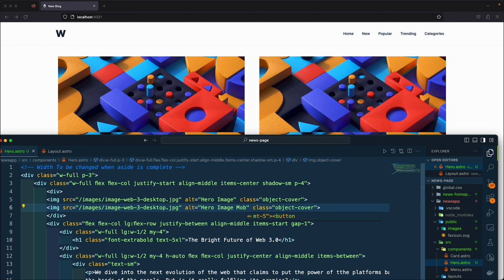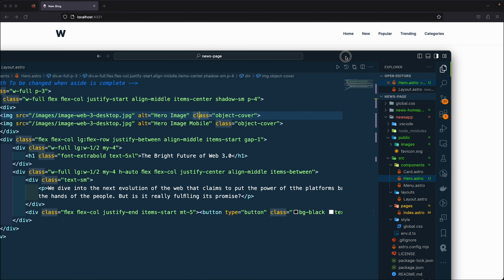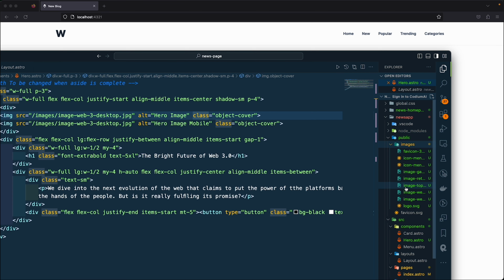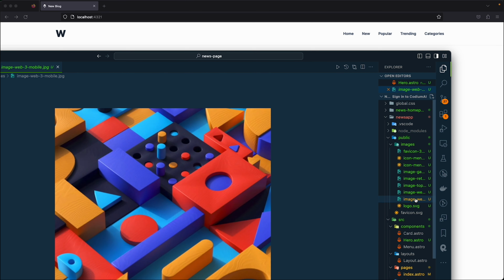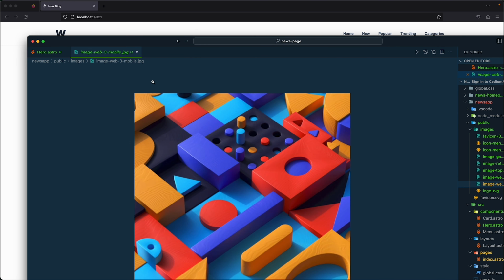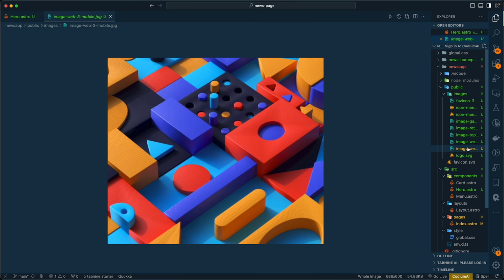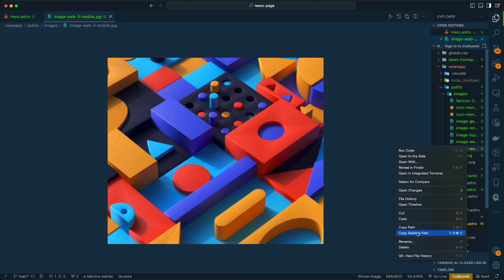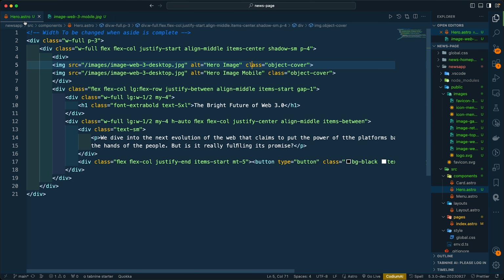Let's say mobile, and what I'm gonna do is get over here in index and in images, I'm gonna get, I think there was a mobile. Yeah, this is the mobile. So I'll get the relative path, come back over here, and then paste the relative path over there. Then remember we said we don't need public, and then what we're gonna do here is that